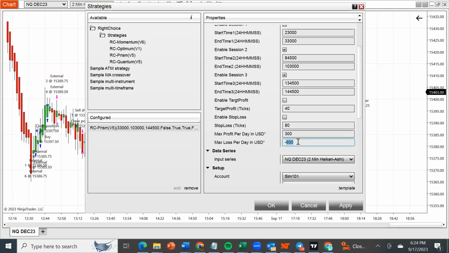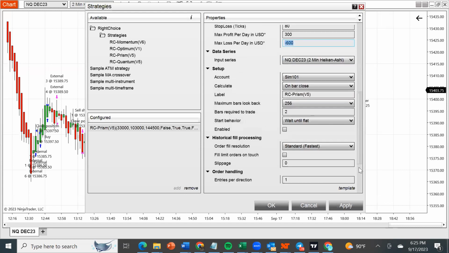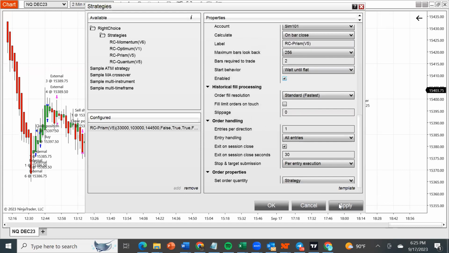Otherwise, if it goes to a 600 loss, which generally won't happen, because the bot will immediately reverse whenever it sees an opposite direction, and it will generally hit the target first before hitting the stop loss. So like this, once you enable it,